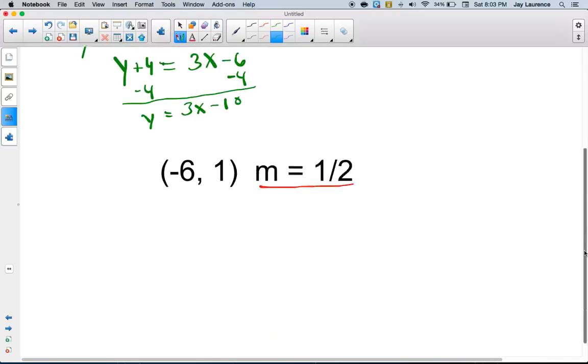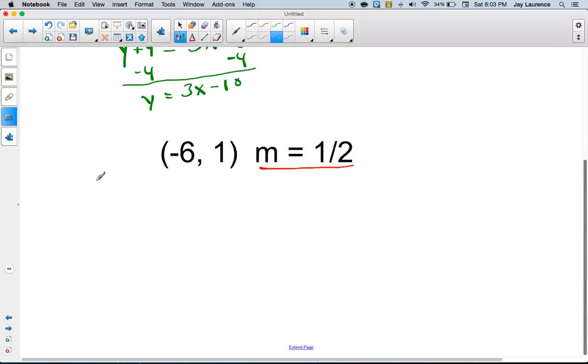All right, let me try it with this one here. I'm going to take y and subtract the y coordinate. The y coordinate's 1, so y minus 1. I'm going to take 1/2 and multiply it by x minus the x coordinate. Well, minus -6 changes them both to a positive, right? So now I distribute,